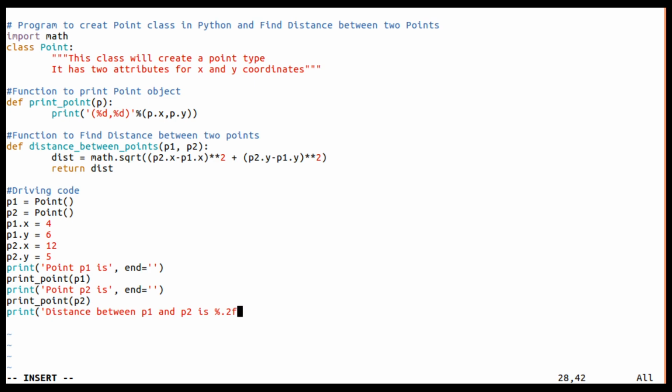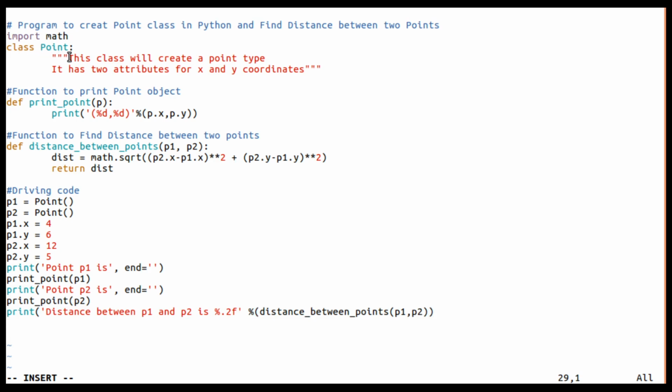After decimal point I want to have only 2 digits, and here percent, let me call that function directly here, distance underscore between underscore points, supply p1 and p2 as arguments, right?